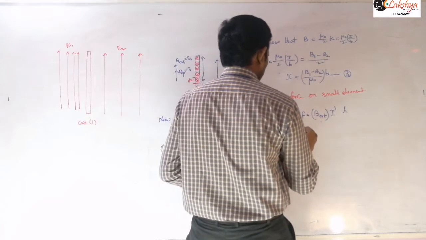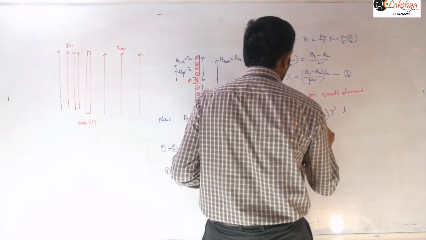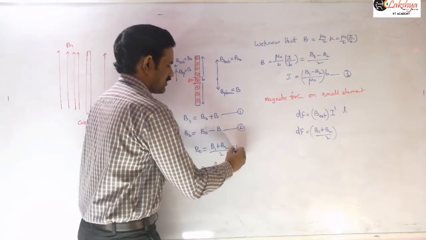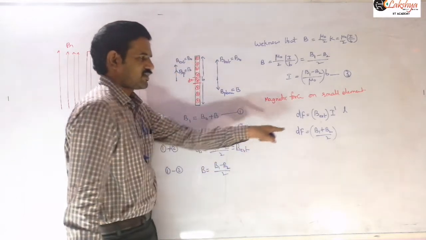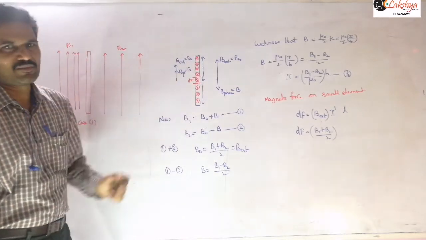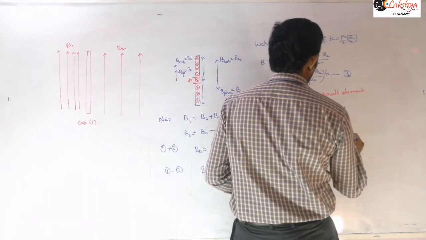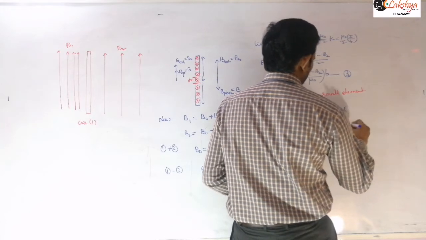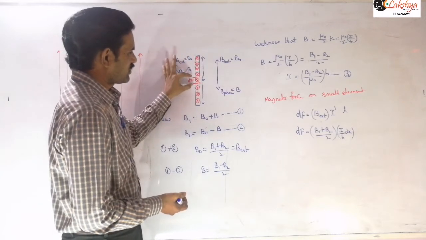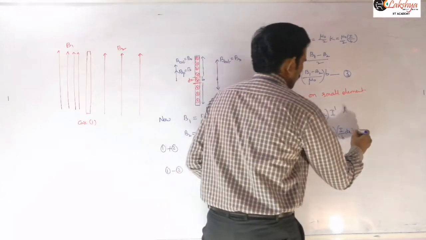So now let us see this. dF is equal to B external, which is nothing but our B naught here, so (B1 plus B2) by 2. So this is nothing but our external magnetic field, which I mentioned here already. Now the current flowing only in this element we need to write here. So I can write this as I by B into dx. Is it clear? I by B into dx. I by B will give the current per unit width. Now here we are taking a width of the small element dx, into L.